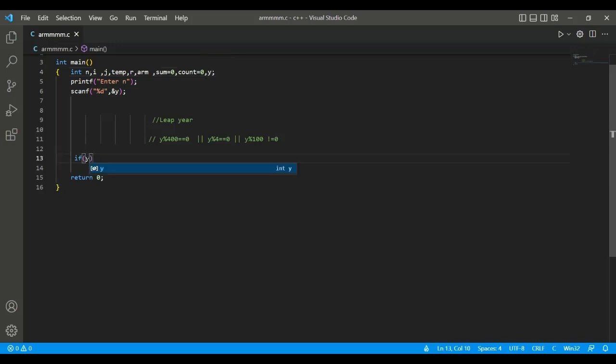If y percent 400 is equal to 0, or y percent 4 is equal to 0 and y percent 100 not equal to 0,